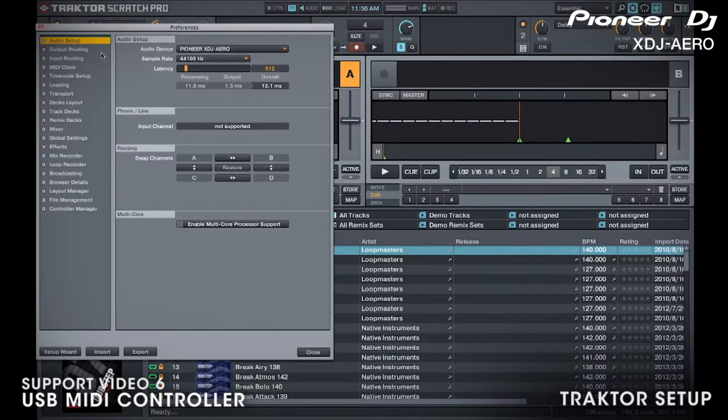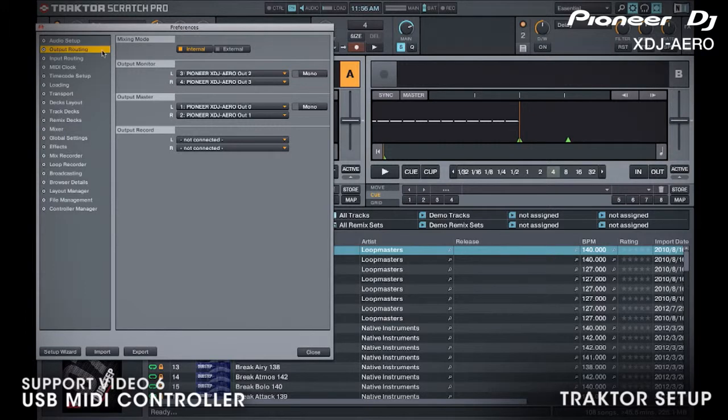Now we can move on to the output routing. Select Internal Mode to use the virtual Traktor mixer so that you can blend 4 decks, choose between the different Traktor EQ and filter options, use Traktor's autoplay and their internal mix recorder. You want to set your output monitor to channels 2 and 3 and output master to channels 0 and 1. This routes the sound card output 0 and 1 straight to the master out and 2 and 3 directly to